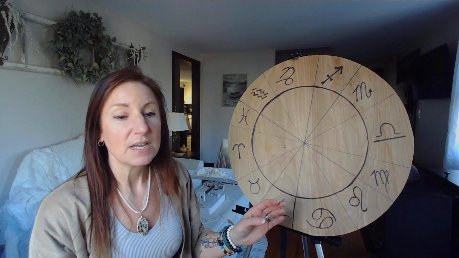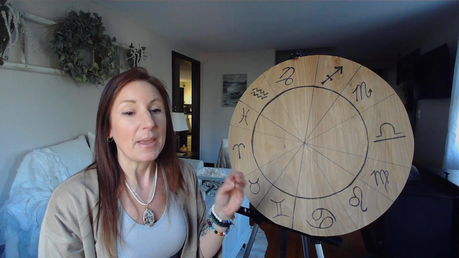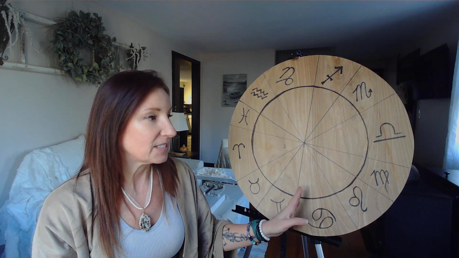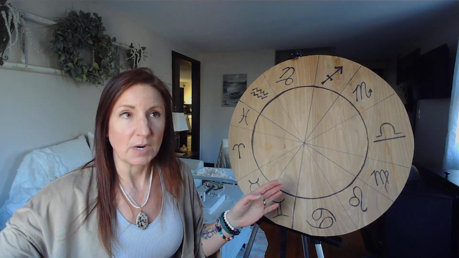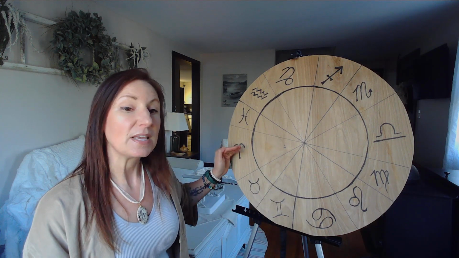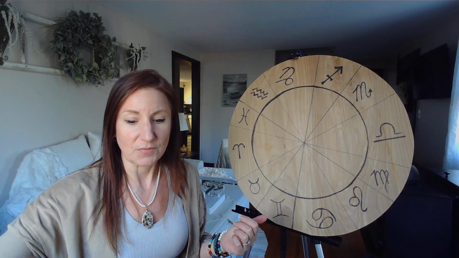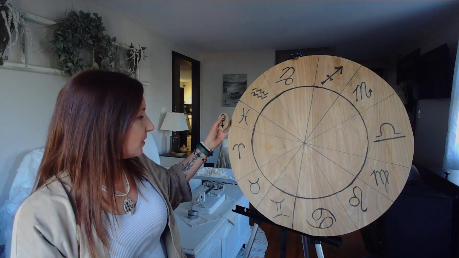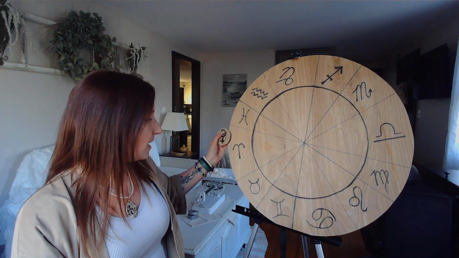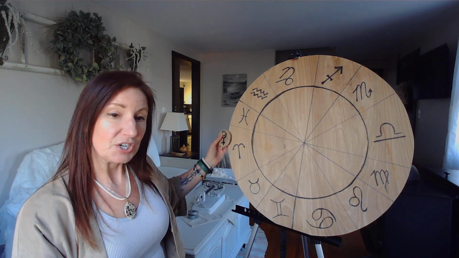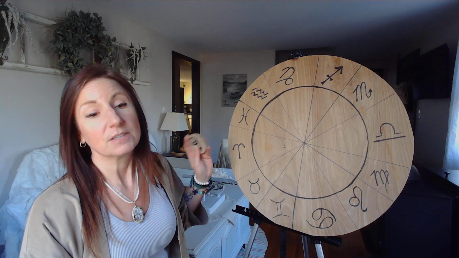So when a transiting planet hits one of those, that is also going to be a major occurrence. You'll feel that one. If it's just something hitting your Jupiter, it might not be as big as when it hits either one of the angles or your sun or moon. So that's kind of what you want to look for. If you have, say, Pluto going through your first house, when it hits your ascendant, you're going to feel that.